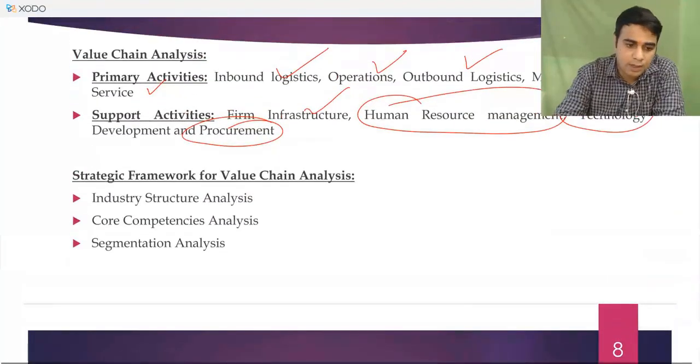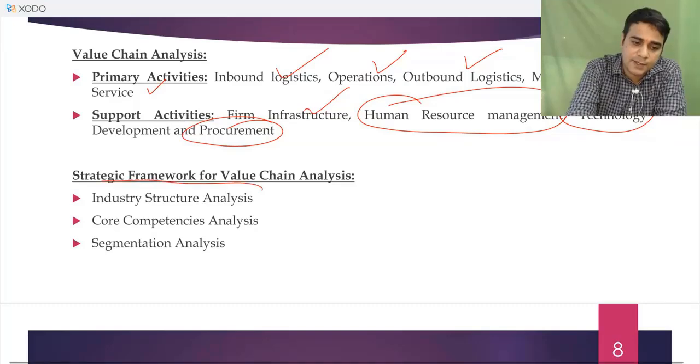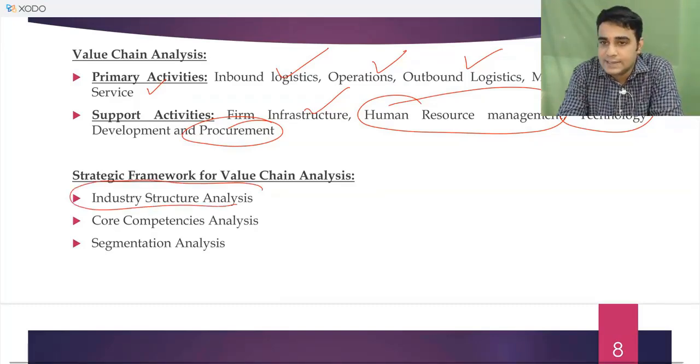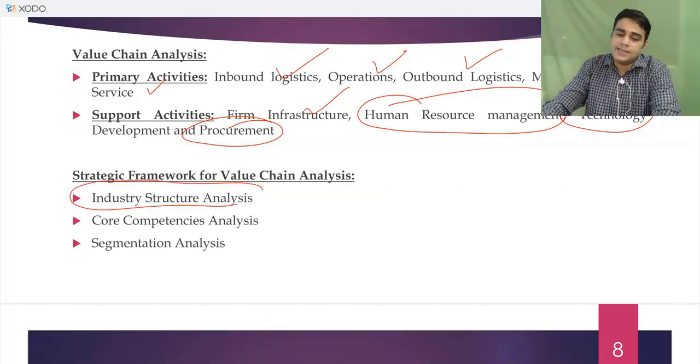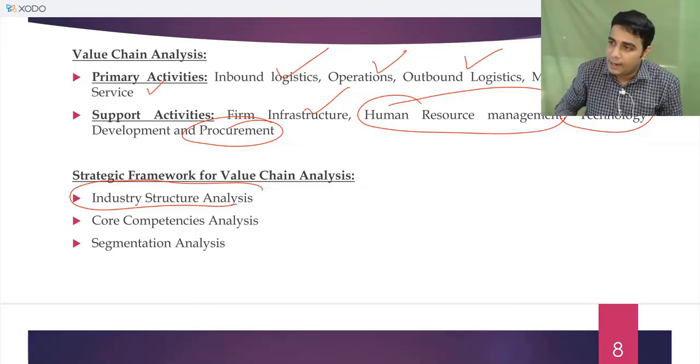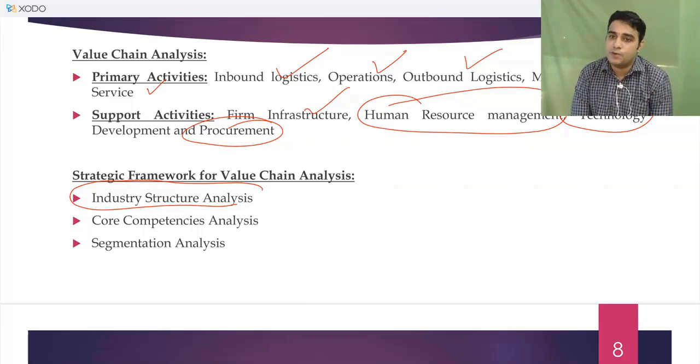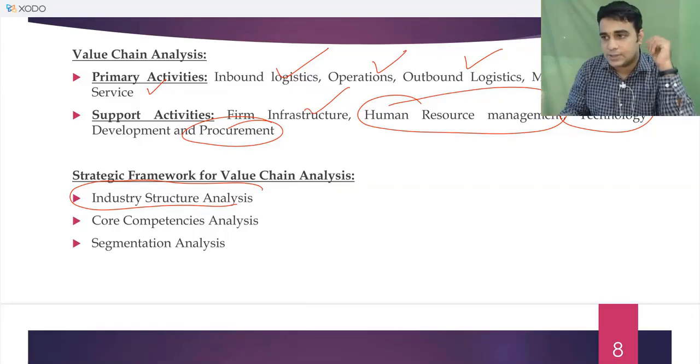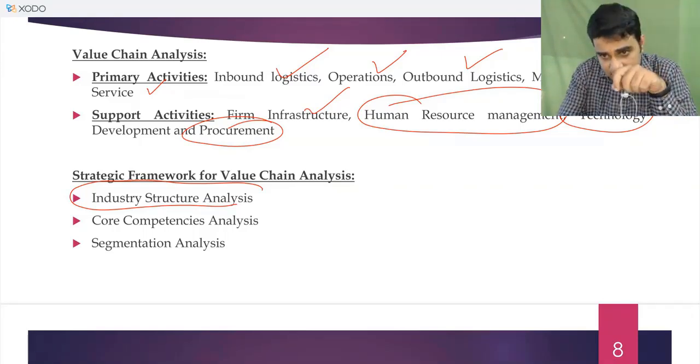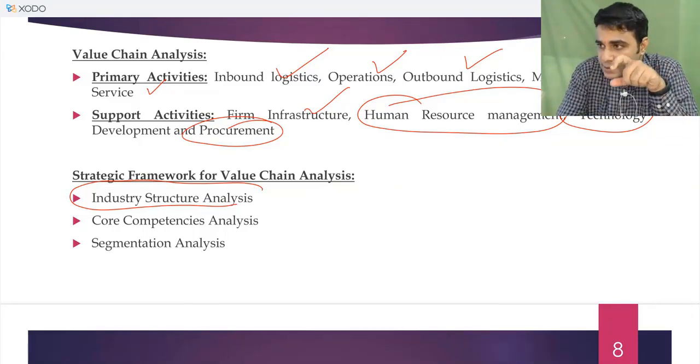Now for your value chain analysis, first we will also analyze something called industry structure analysis. Industry structure analysis was something you have done at inter level. Industry structure analysis is nothing but Porter's 5 forces model. Segmentation analysis is linked to an industry structure analysis. An organization would want to do an industry structure analysis in order to analyze the attractiveness of the industry in